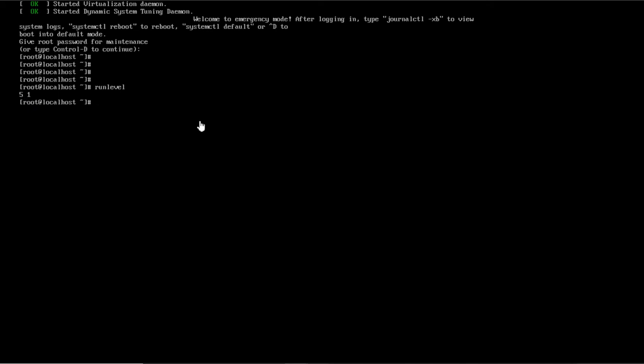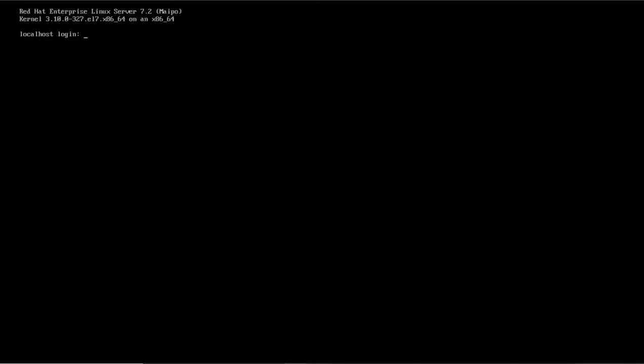So the options are working, this command is still working, and I want to go to run level 3. Not all of them will work. Now we are in run level 3, that is multi-user, and I can log in. It asks for the password, whether it is RHEL 6 or 7.